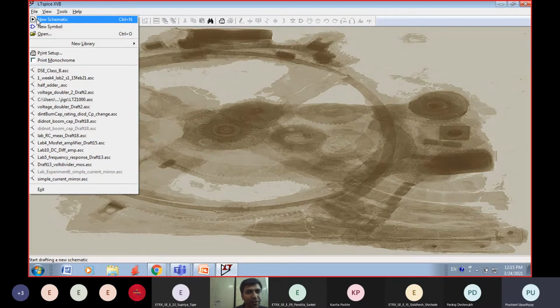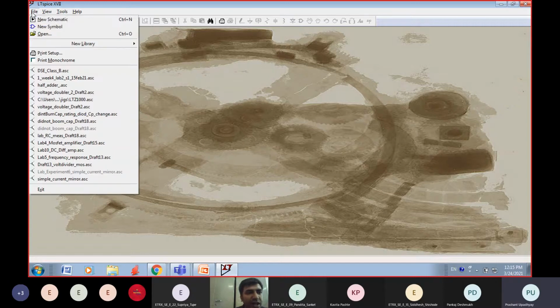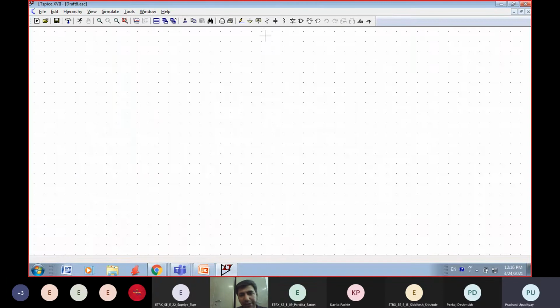And what we'll be doing is, this software is for simulation. Sometimes people confuse it with Eagle software or a PCB making software, but no, this is an LTspice simulation where you can simulate electronic circuits, not more than that. So this is the task. You can see the toolbar on the top of this page.